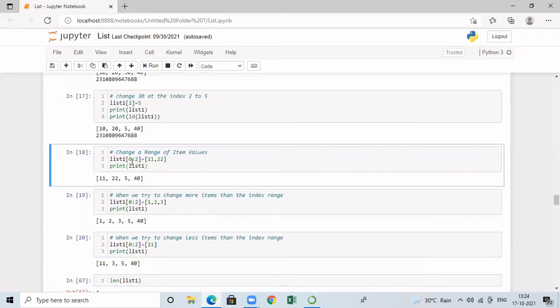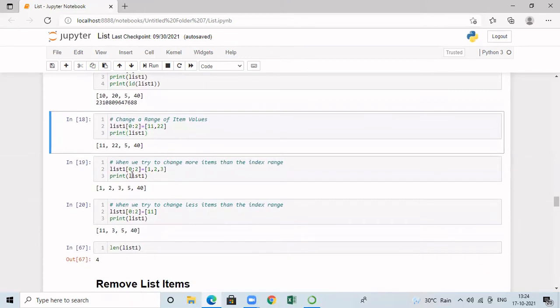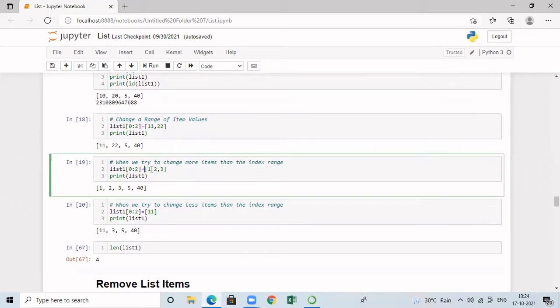Now we will see how to do that. Here, I have specified list1[0:2]. That means I am going to change two items, which are at the index 0 and 1. But here I am specifying three elements as a list. So now what's going to happen? It will replace the elements at the index 0 and 1 with these three elements. Even though one element is in excess, it will add that element also.